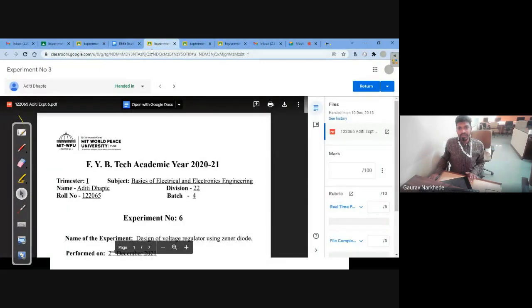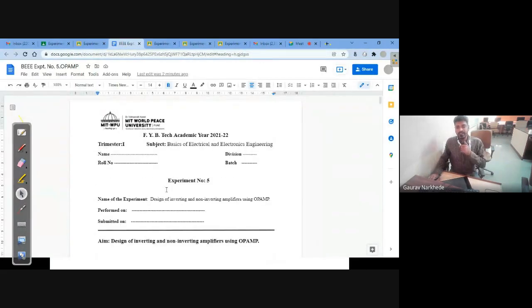So today let us concentrate on the experiment. The name of the experiment is design of inverting and non-inverting amplifier using operational amplifier. Okay, so let me give you a brief idea regarding what we will be doing. So in theory we have covered what is operational amplifier, right? So can you tell me what is operational amplifier? So let us say that